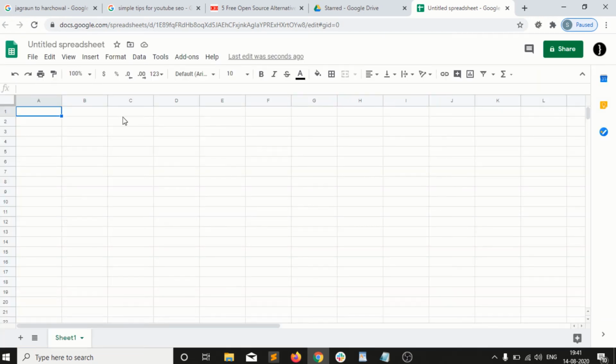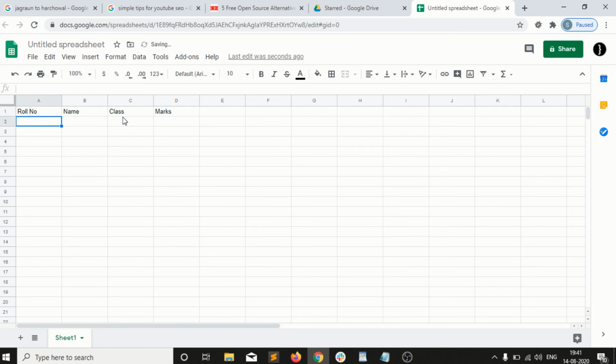For example, here I want to create a record of students. I have a roll number, then I press tab and it goes to the next column, then your name, then your class, or marks.